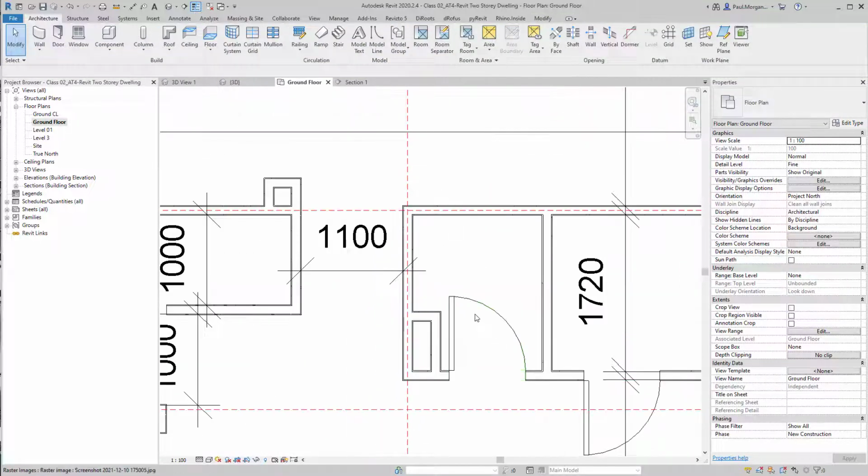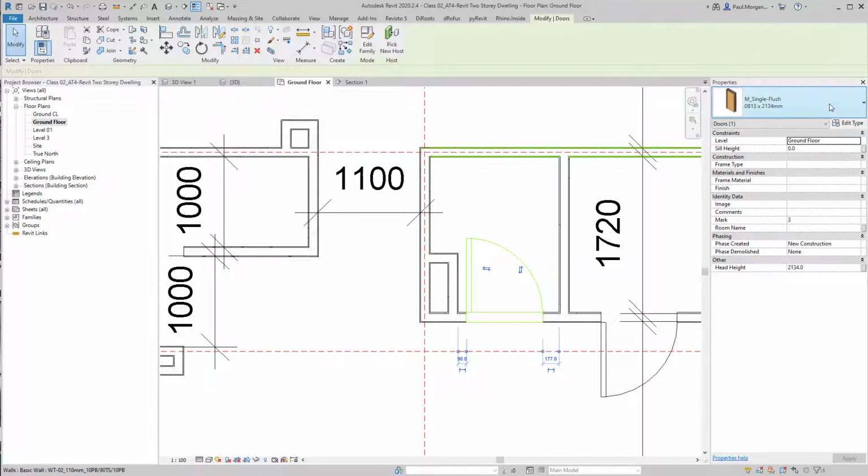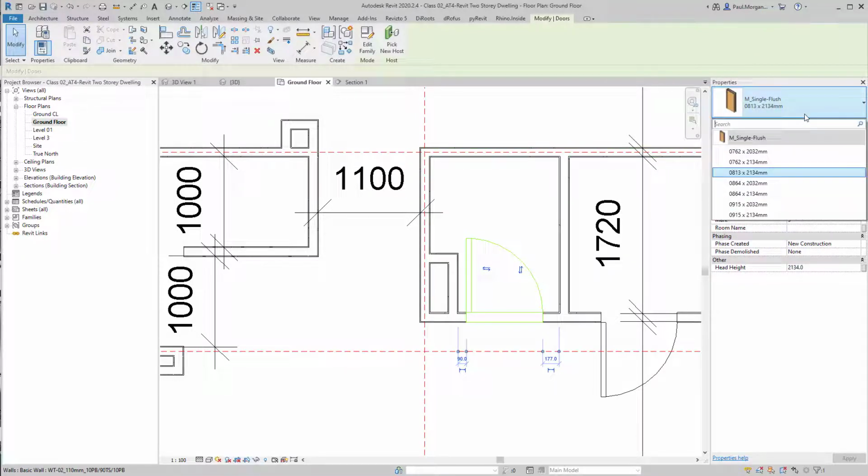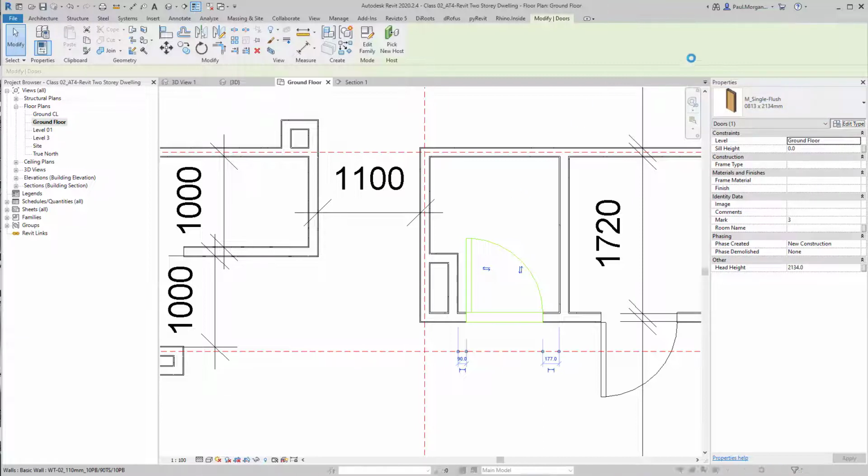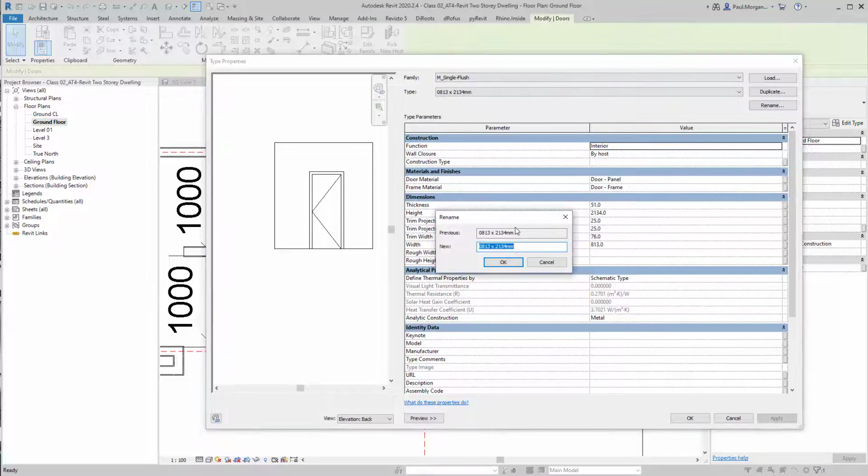Now, in order to change the type of door, I click on the door and then come over to the type selector. And by default in this file, Revit has given us just some single flush doors. And you'll notice the dimension sizes are a little bit odd, and that's because they're a direct translation from the imperial system to the metric system. So let's edit one of those doors right now. So we'll take the 813 door and we'll go edit type, and let's rename that door as well to be appropriate. So we'll say 820 by, let's say 2220